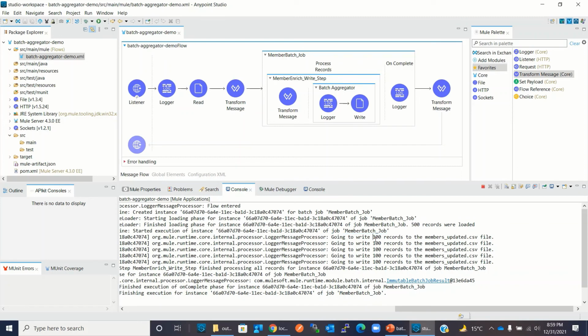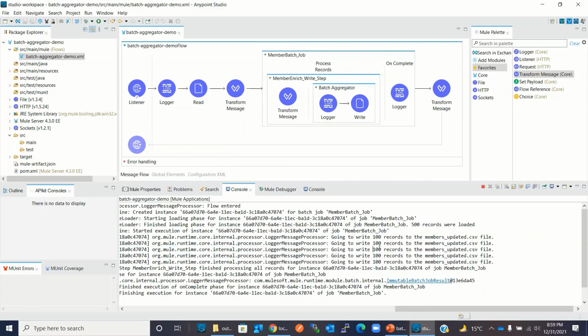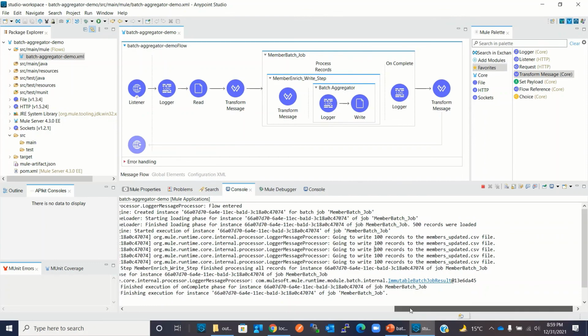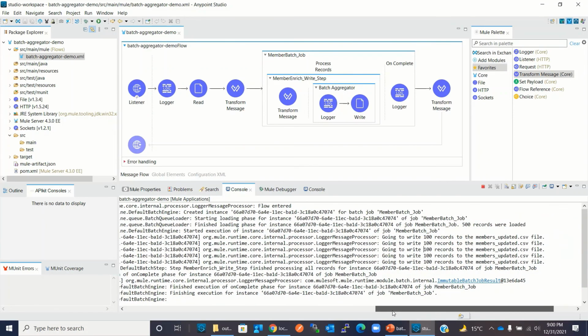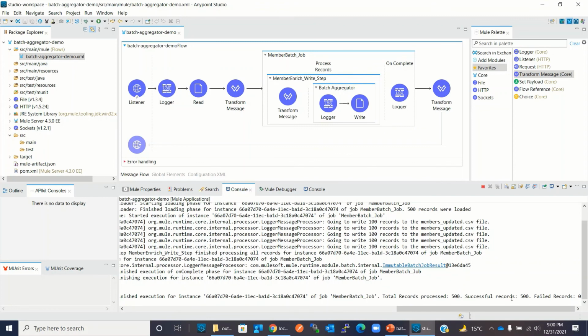We are writing 100, 100, 100. That's why the message came 5 times, because we have 500 records. And then it's providing here the summary. Total records processed 500, successful 500, failed 0.